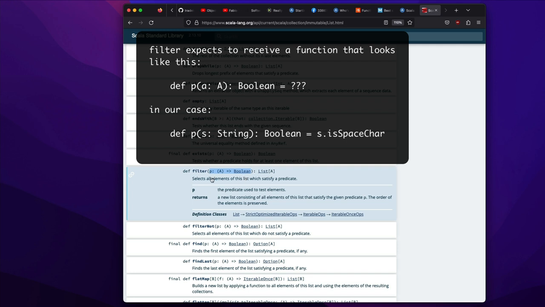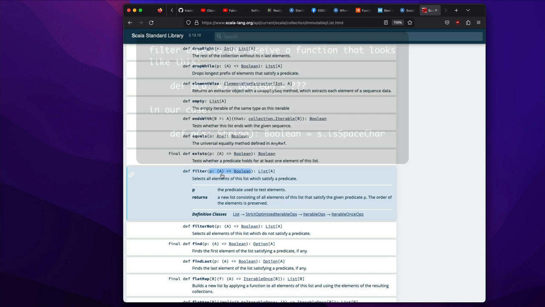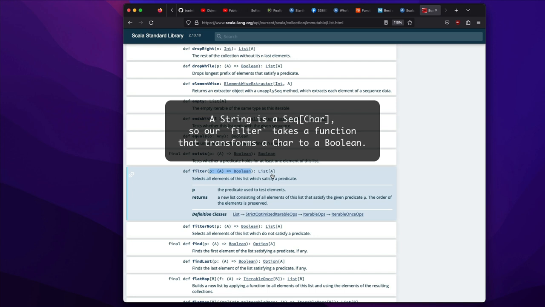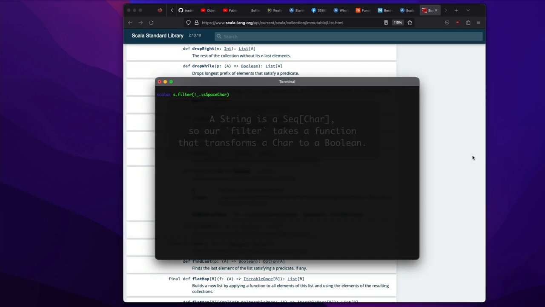But this is saying filter expects a function based on all of this, and it transforms the type A into a Boolean. And here A is a generic parameter, so right now we're dealing with a sequence of characters. So in our example, filter expects a function that transforms a character into a Boolean, which is either true or false. And so I showed that here in this example, but to make this more obvious,